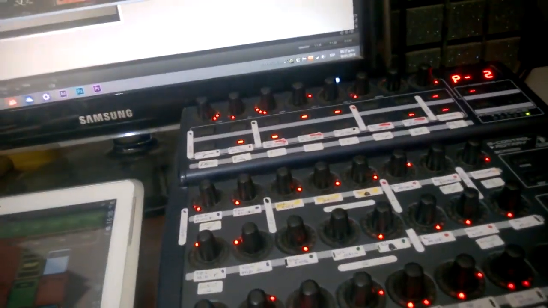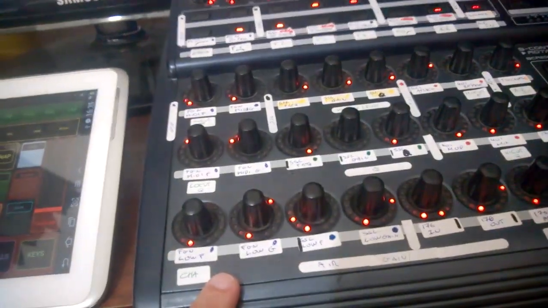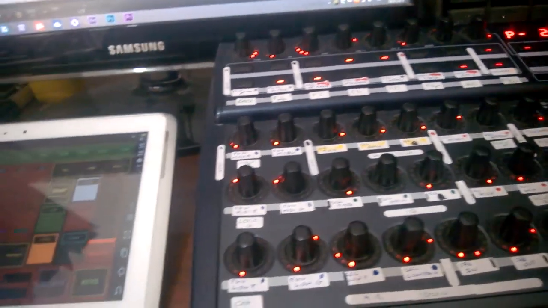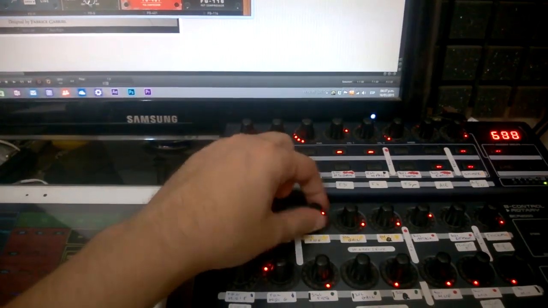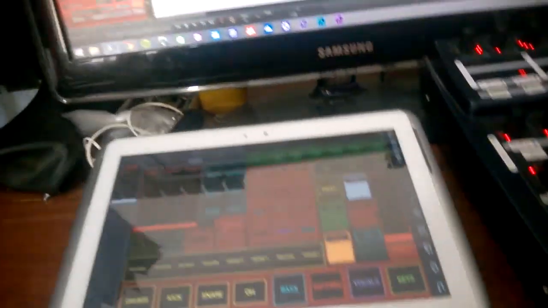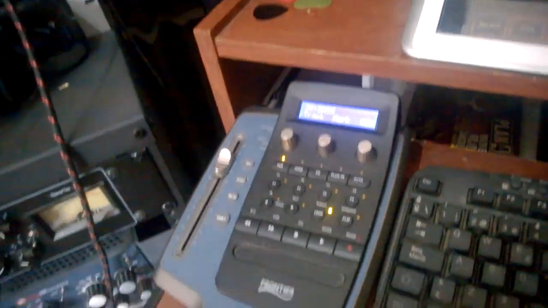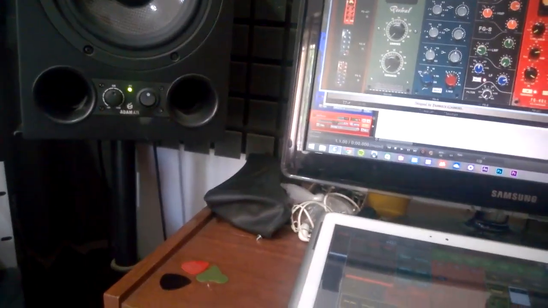What's good about this is that you can change the resolution. You have to edit this on the BCR itself. Because if you don't do it like that, every movement in the controller is a much bigger step in the plugin. Last but not least is the Frontier Alpha Track, which is pretty awesome because you can do